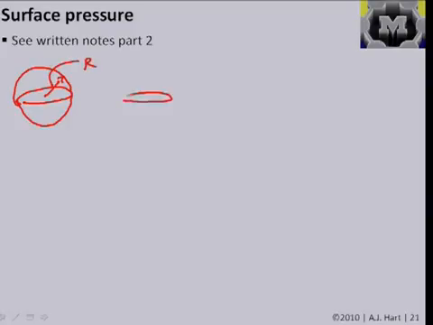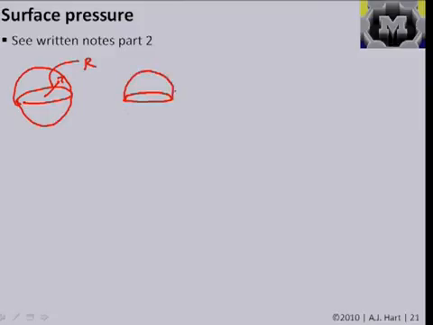So another thing that I want to think a bit about is, we'll talk quite a bit in a few weeks about the idea of a surface tension or a surface energy, and we'll relate that to, for example, why small particles of metal melt at a very much lower temperature than the bulk. But you probably remember from fluid mechanics this idea of a surface tension, and so if we consider that we have our sphere again with the radius r, and now imagine that we cut our sphere in half,